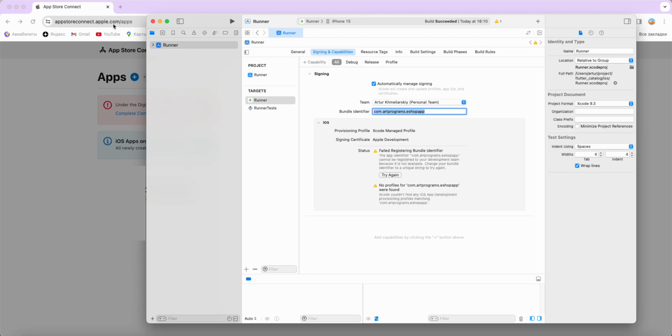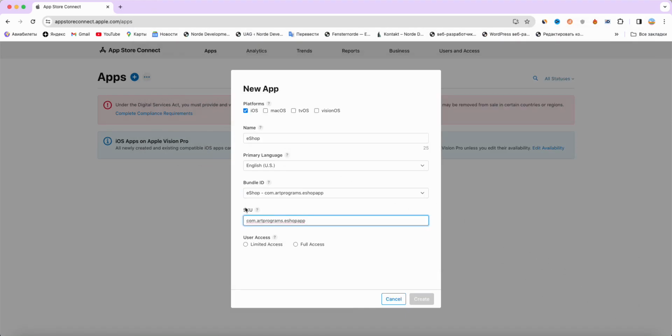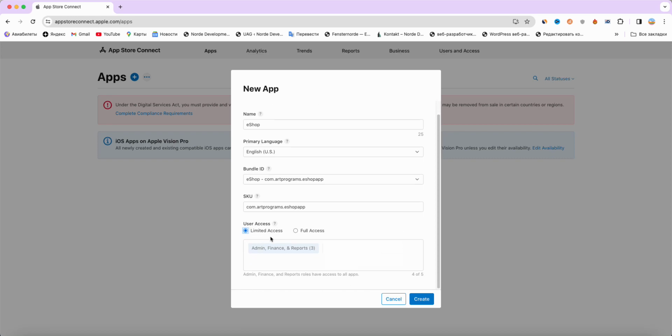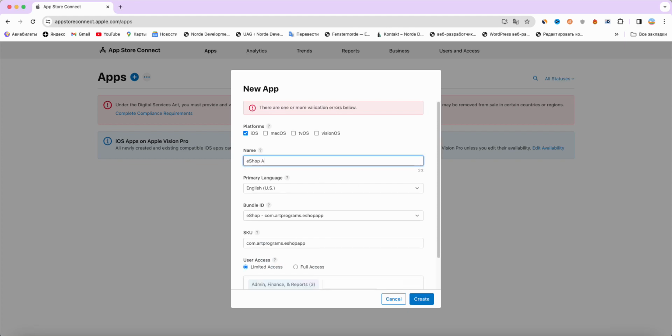copy the bundle identifier of the eShop app and add it to the sky. We can select limited access, create, and we update name,